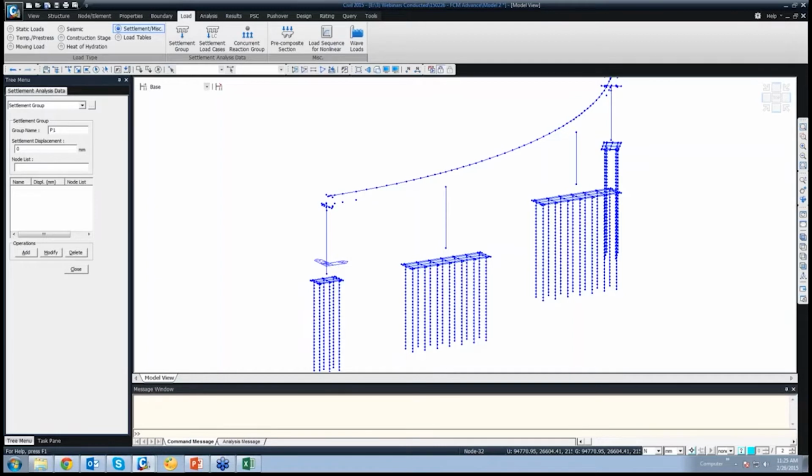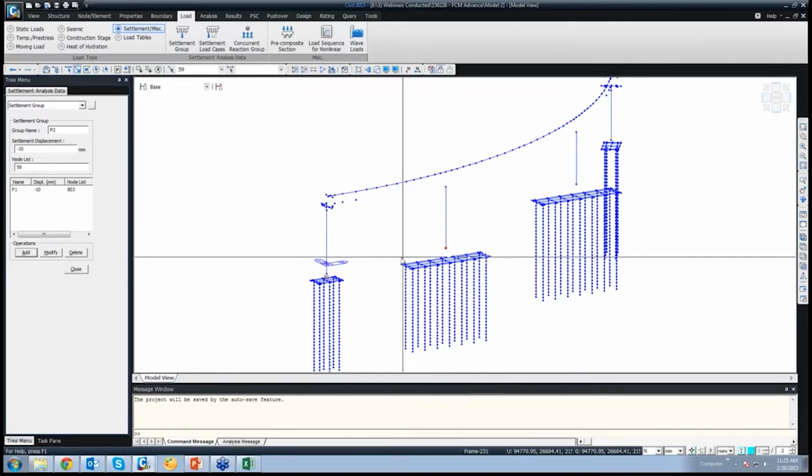Say P1, settlement of minus 10 mm. Node list. I'll select this with the select by window option. I'll select the node. Say add. Similarly, the second one, group name is P2. Click on node list.